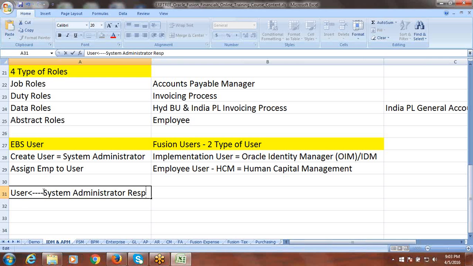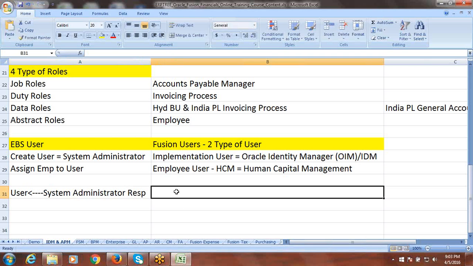In EBS, if you want to do any implementation as a consultant, at minimum we require access to the responsibility called System Administrator. Through that, we can create all the responsibilities, and from the respective responsibility we can do the setups, the testing, and everything. Means in EBS, the user requires access to System Administrator to work as an implementation user or implementation consultant. In Fusion, if you are going to work as an implementation user,